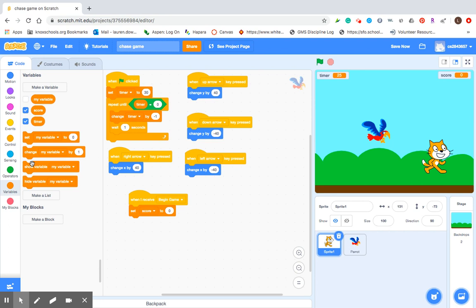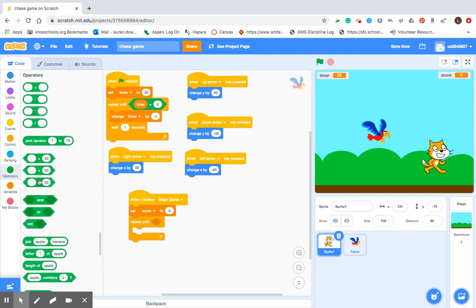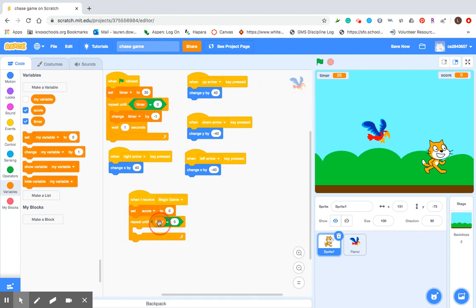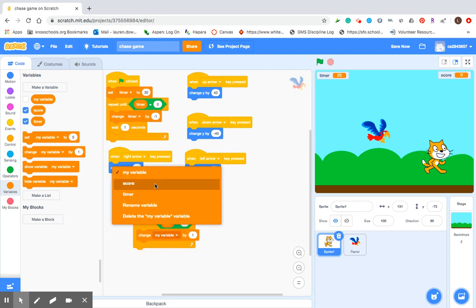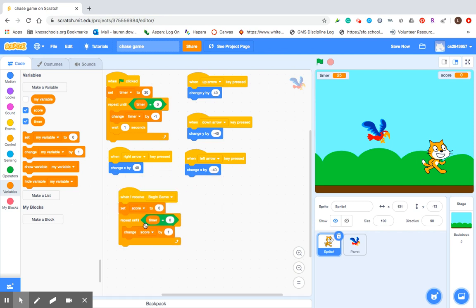All right. So this control, we want this to just go on until the end of the game or until the timer hits 0. So again, we're going to repeat until timer equals 0. So this should be pretty familiar at this point because you've done this now 3 times. And during this, we want our score to increase by 1 or change by 1. That's this. Make sure that this is saying score. If you leave it as my variable or timer, it won't adjust the right one. You want to change the score by 1